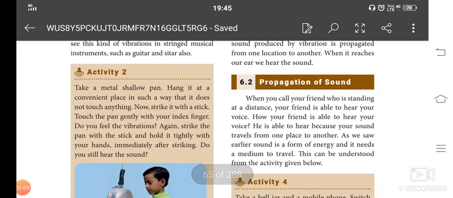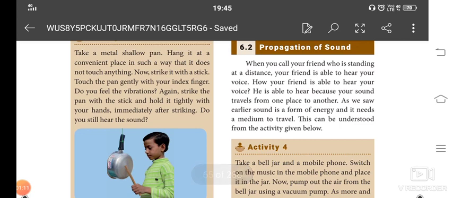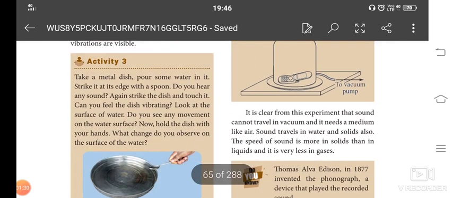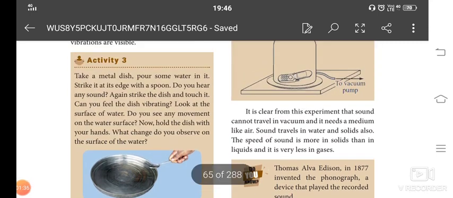And the next one, the metal pan. So even in our house itself, we are doing the same thing. When we hit a metal pan against the surface of any wood or metal, it can make a sound because the molecules inside the metal can be vibrated. So when we strike it, it makes the molecules vibrate, then it produces sound. Also, when two metal surfaces hit together, they can produce a sound.